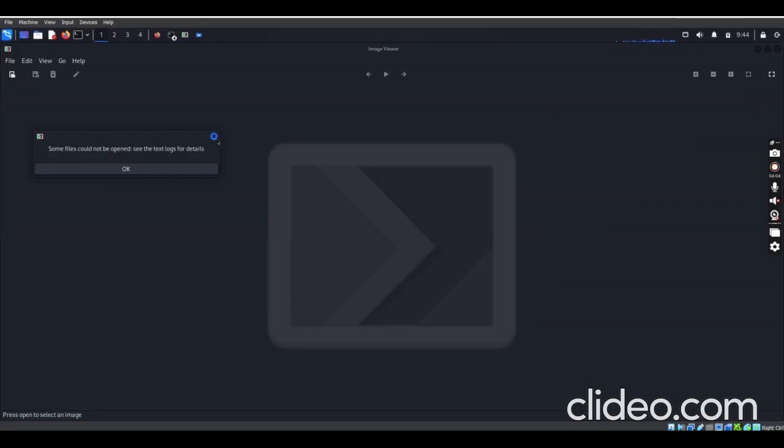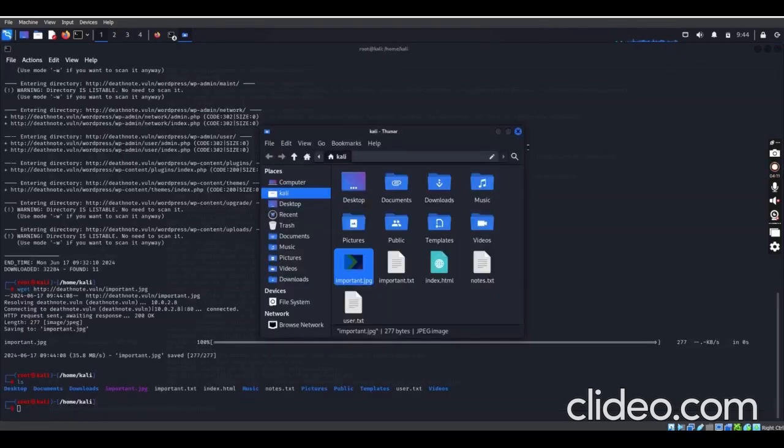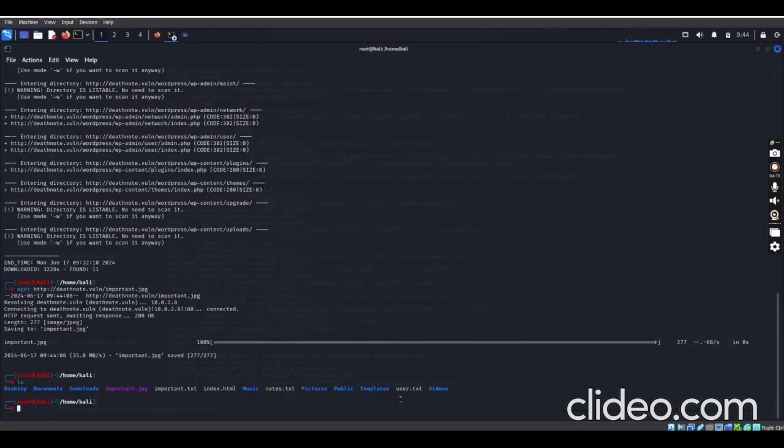But unfortunately, I can't open it. Since I can't open it, definitely this file will actually be something else. We need to find out if this file is truly a picture file.